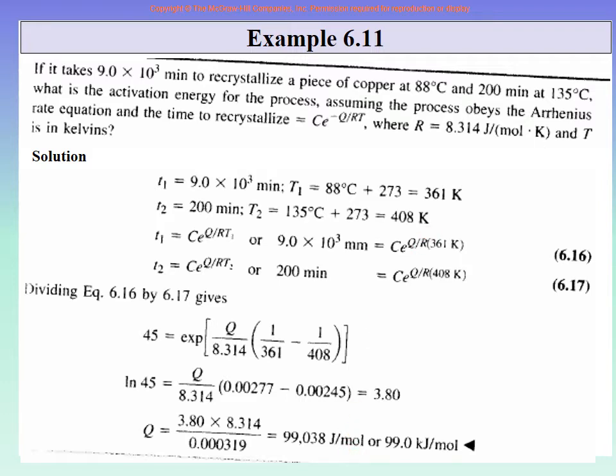It is not, as I told you, anything complicated in terms of material science. In terms of material science, you understand very well that this is the equation for the activation energy or for the heat required to complete the recrystallization process. One recrystallization time, one recrystallization temperature, put it in one equation. Second recrystallization time, second recrystallization temperature, put it in the second equation. Now just solve the two equations.